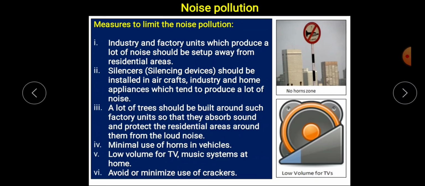Children, noise pollution is a problem which doesn't get much attention as compared to water pollution, air pollution, etc. But nonetheless, this noise pollution also causes a lot of harmful effects on us. It can even lead to some mental problems also due to anxiety, stress, lack of sleep. So we must know, prevent and try to limit as much as possible this noise pollution.